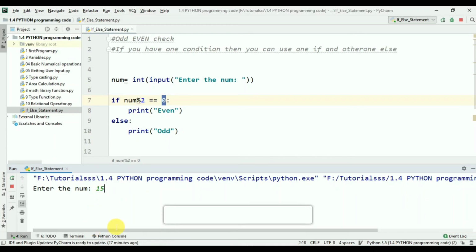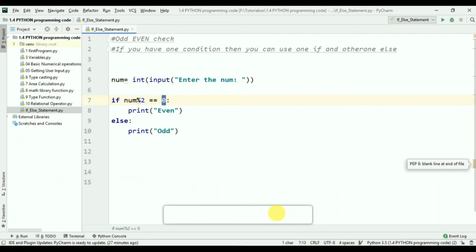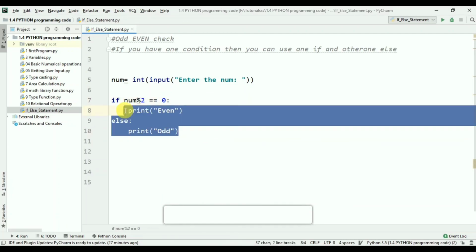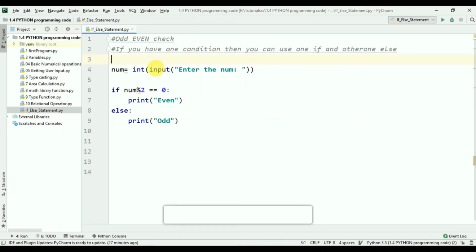Type 15, which is an odd number. Just enter. You can see it will print odd because 15 divided by 2, the remainder is not equal to 0, so it will execute the else statement.